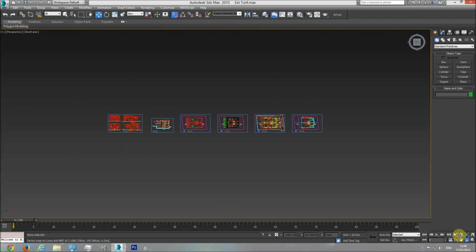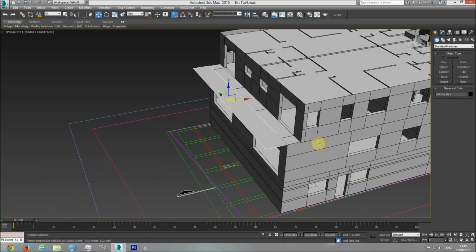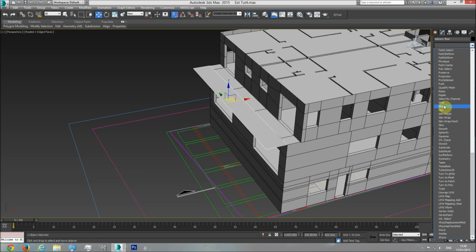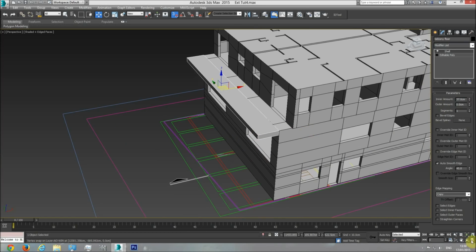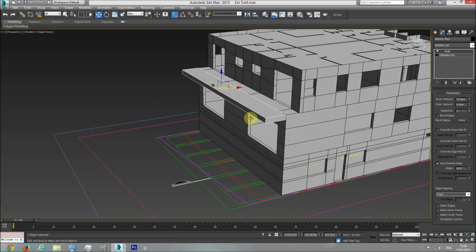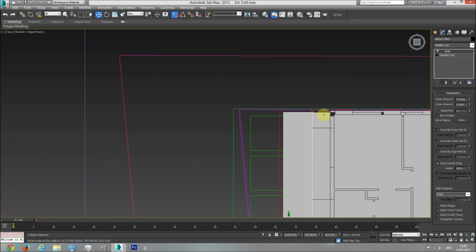We're going to create a shell modifier and apply it here to our balcony floor. I'm going to add a shell modifier to it. I'm going to give it a thickness of 37, but in the other direction, because it needs to go down and not up. 37. And now we have the floor of our balcony, which starts inside the model and goes outside a little bit. Next thing I'm going to do is create